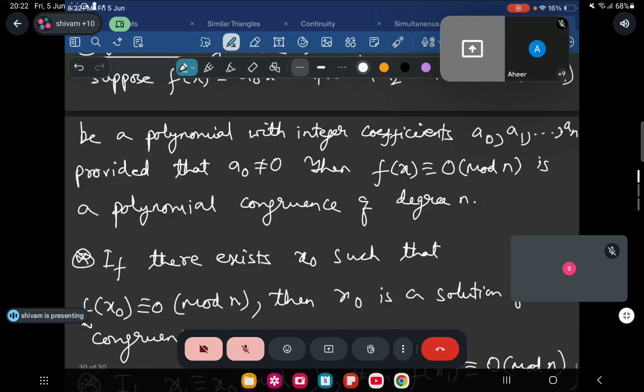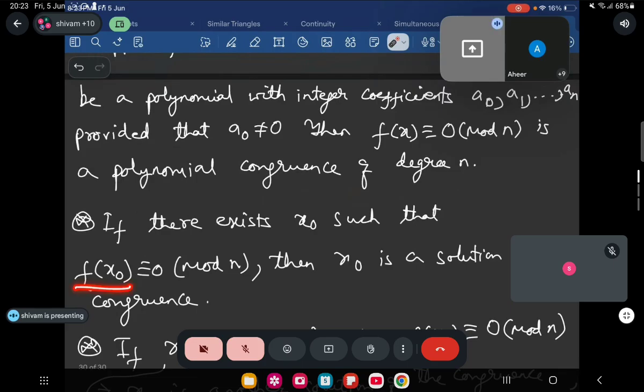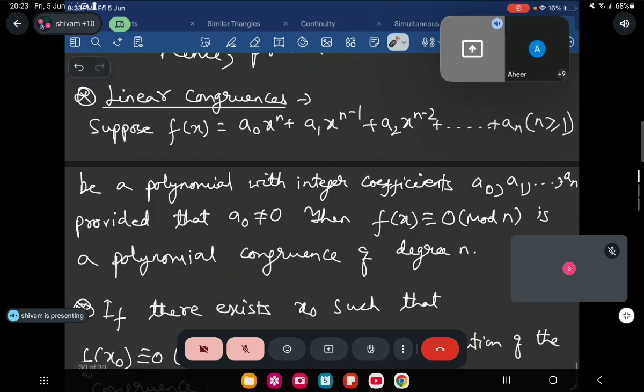Because all these are integer coefficients, right? All these are integer coefficients. So you might find some integral value of x such that this f of x naught will also be an integer, and it might be divisible by n. Are you getting? So that's why in the beginning only, if it is a solution, then